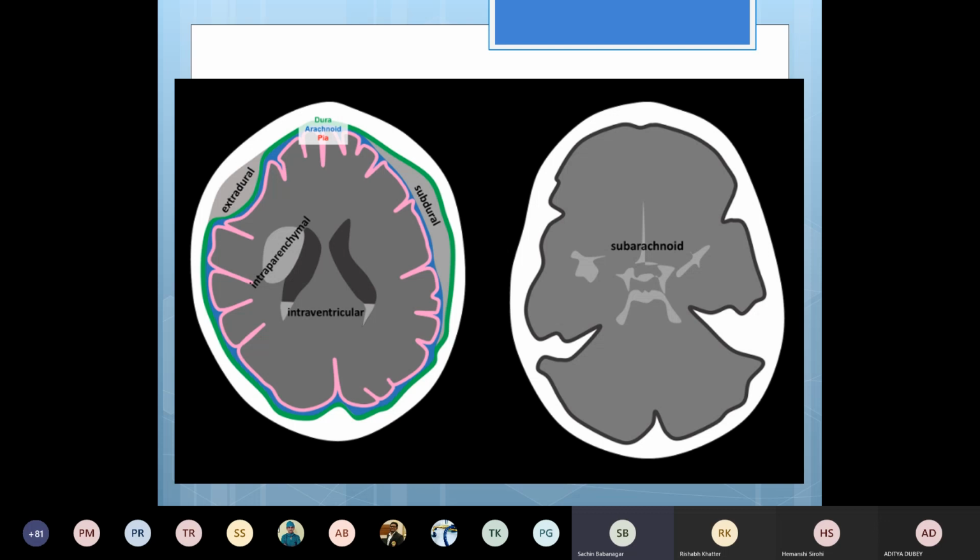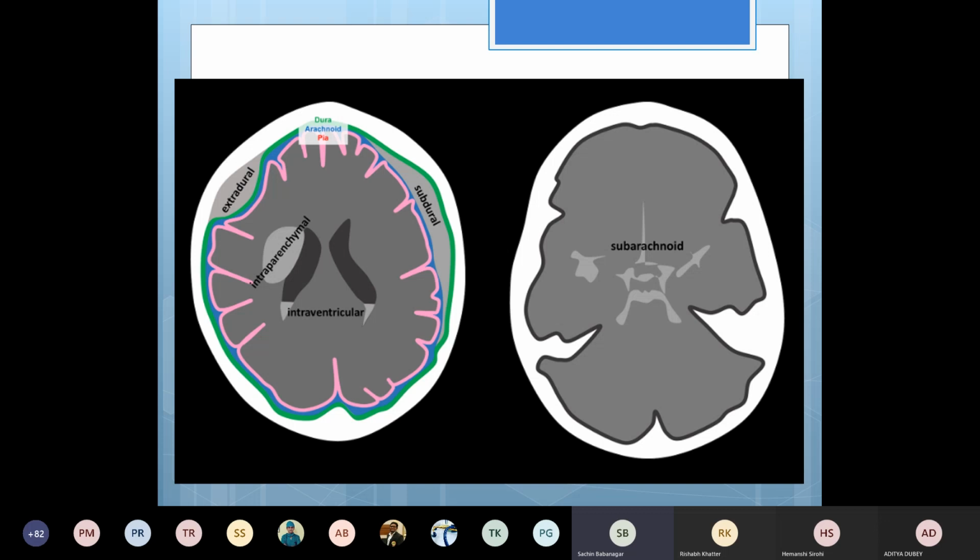And intraventricular will go, and this is because this is anterior, this is posterior, patient is lying supine. Because of gravity, the blood usually tends to pool at the posterior part of the lateral horns or occipital horn of lateral ventricles. And intraparenchymal is usually in the region of capsular basal ganglia, as we will see now.